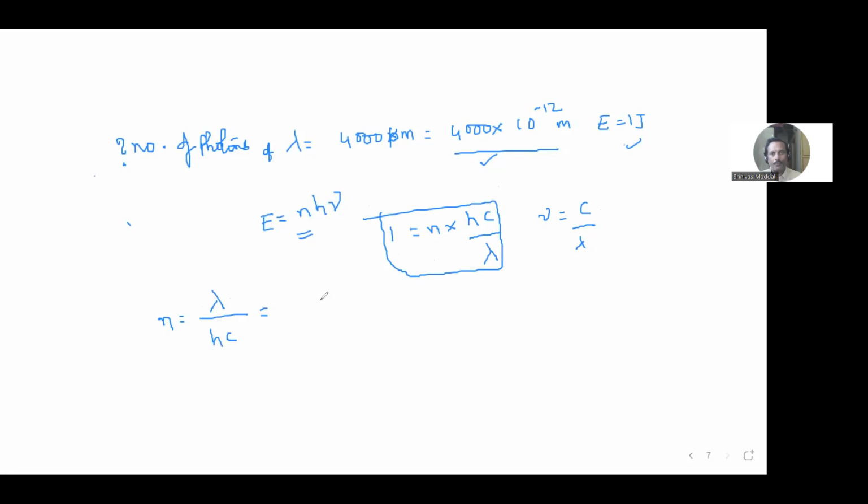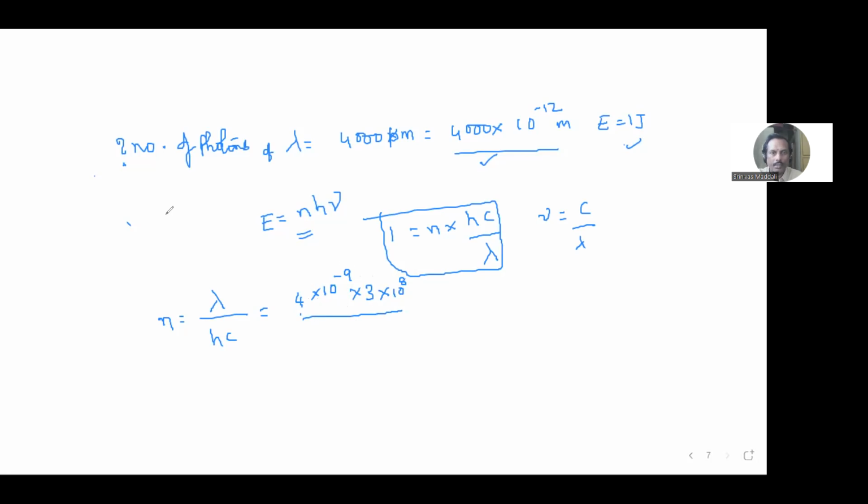Lambda by HC. So the lambda value is already given, that is 4000 picometers. That becomes how much? 4 into 10 to the power of 3 into 10 to the power of minus 12. That is 4 into 10 to the power of minus 9 meters, multiplied by 3 into 10 to the power of 8 meters per second divided by,